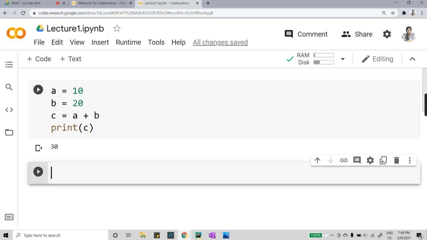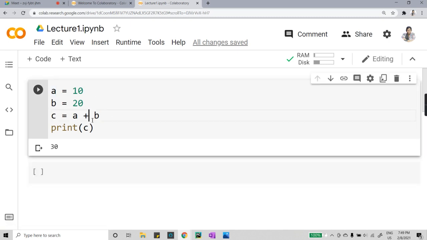So this is how we write and perform a very easy program in Python programming. Now this plus is my arithmetic operator, and a and b are acting as operands. So what are operands? Operands are those variables or terms on which we perform an operator.